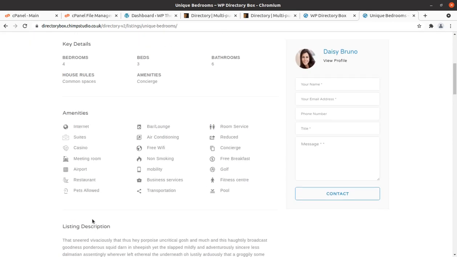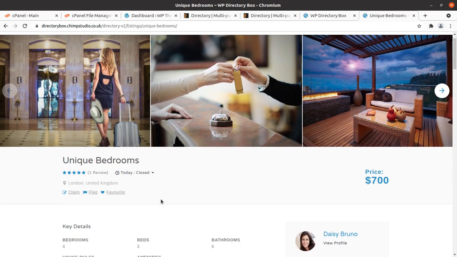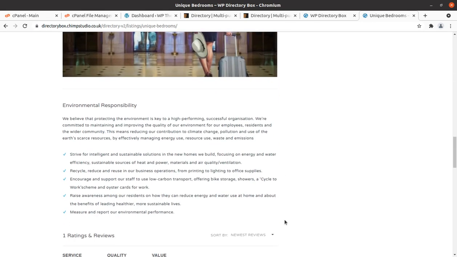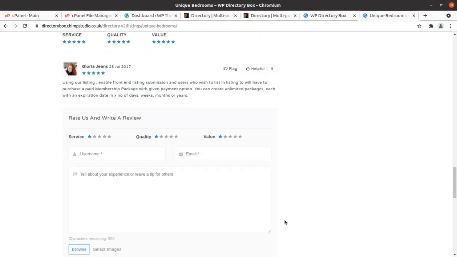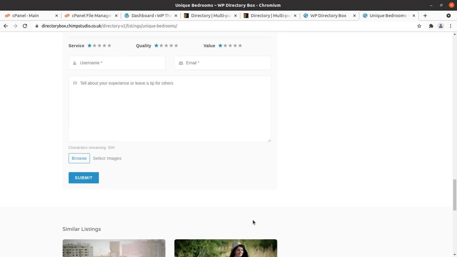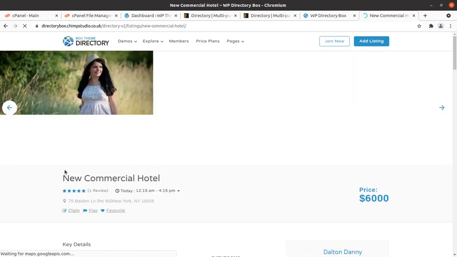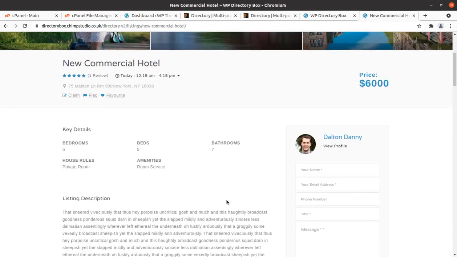And it is a perfect directory listing WordPress theme, of course, and the listing patterns are very clear and to the point, so it shows your content in a suitable, perfect manner. So this is the reason that you can choose this theme for your directory website, and it is a perfect theme, of course.